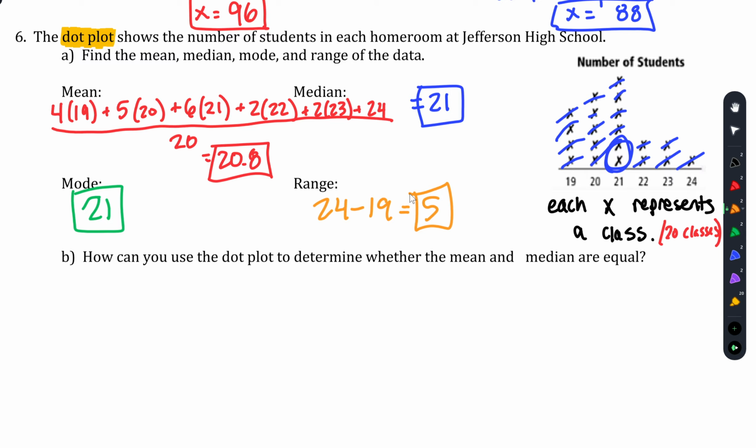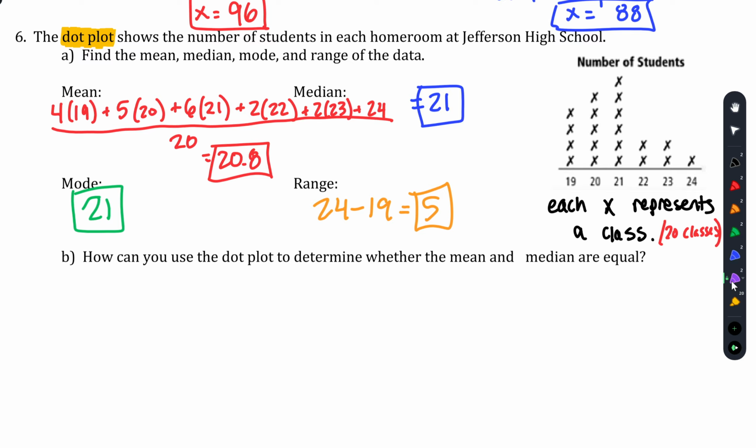Our mean is a little bit lower than our median. Why do we think that is? Just based on the shape of that dot plot. Here, let me erase some of my dots. Why, based on the shape of my dot plot, would I know that my average was a little bit lower? Any ideas? We're going to talk about this a little bit more on Monday, but the idea is that if